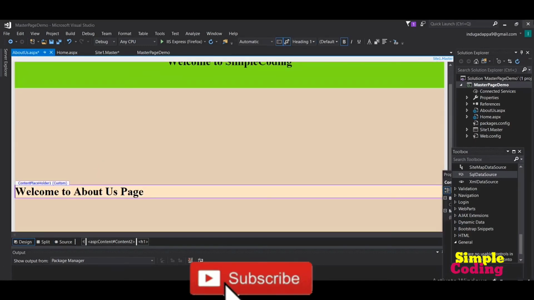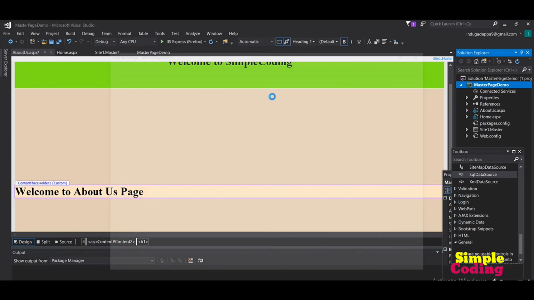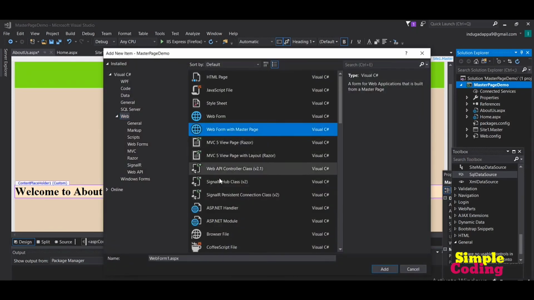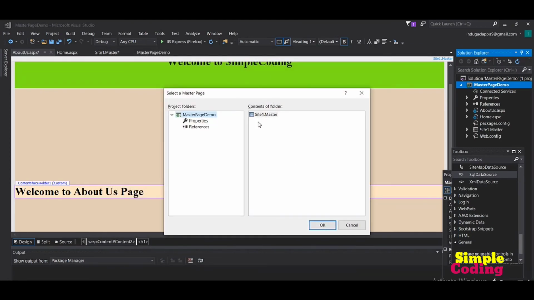Similarly, let us add one more web form to our project. Go to Solution Explorer, right click on the project name, click on Add, and then click on New Item. In this dialog box we have to click on Web Form with Master Page, and I am giving the name Contact Us and clicking on OK. Here we have to select Site1.master and click on OK.